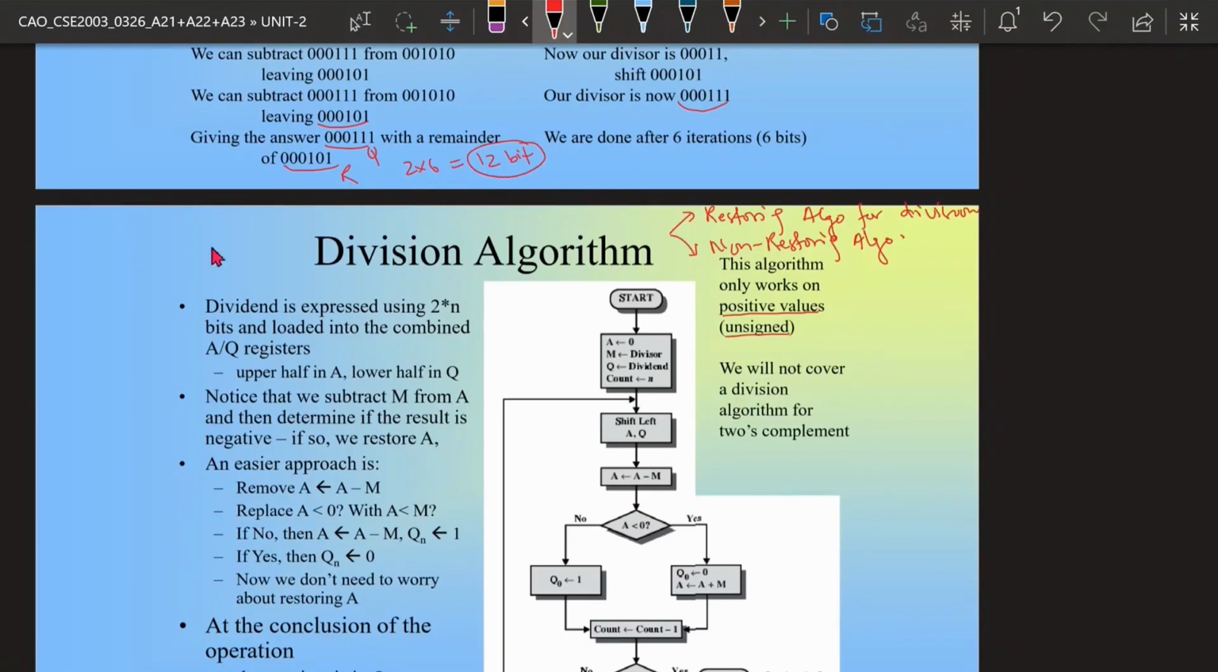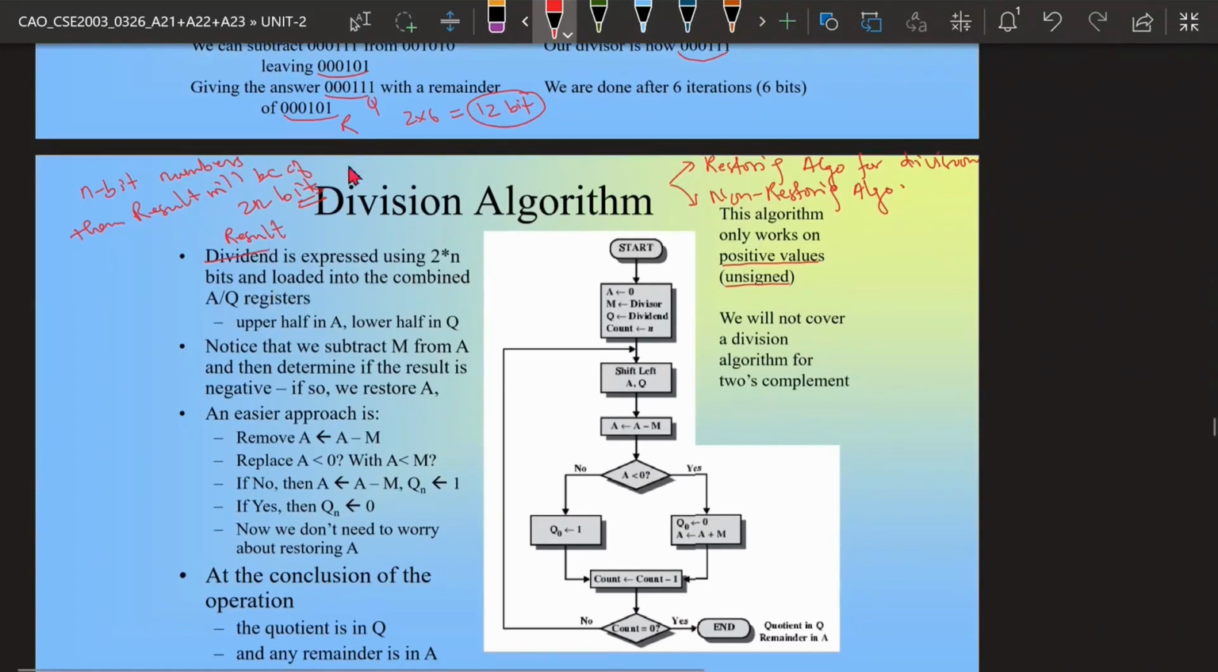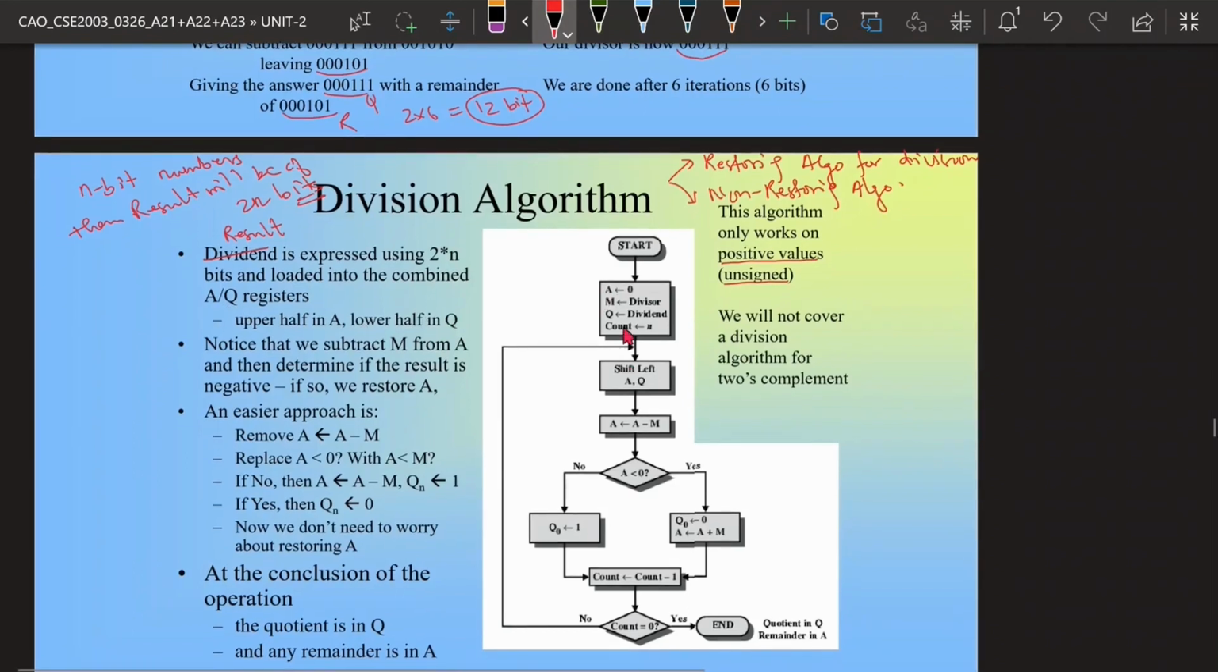So similarly, if n-bit numbers are there, then the result will be of 2n bits. Here the result will be stored or expressed in 2n bits. Similar to the previous multiplication algorithm that we have seen, here the results will be stored into A and Q registers. So at the initial point, once we are going to start the algorithm, we